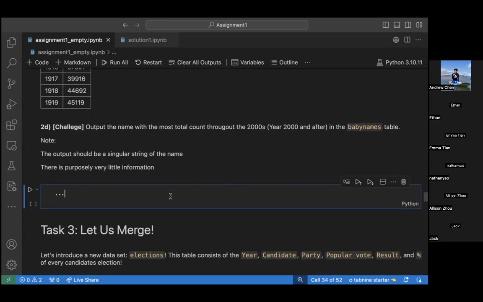Output the name with the most total count throughout the 2000s, year 2000 and after, in the baby names table, right? So right off the bat, we're going to have to do quite a bit of operations, just from the sound of it. So the very first thing we should be looking at is that it's got to be year 2000 and after, right? So immediately our new table should look like